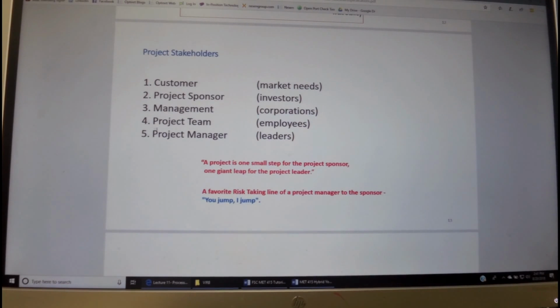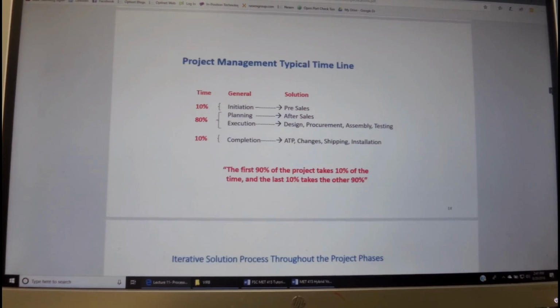The project manager will work with the team in order to assign goals and do the planning. Management in this simulation is myself, the project sponsor is the university, and the customer in this case is a virtual customer that we try to satisfy by providing them a solution to the defined project.